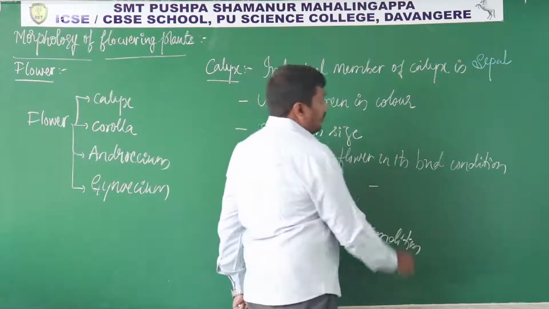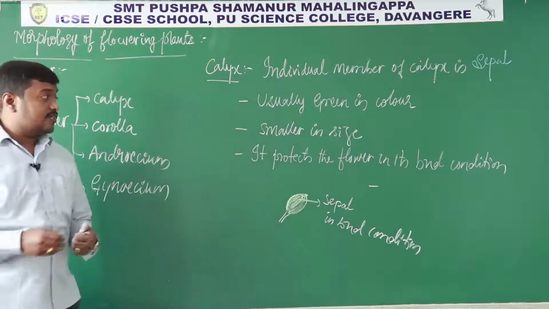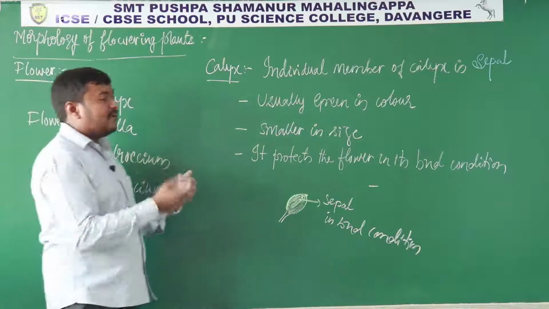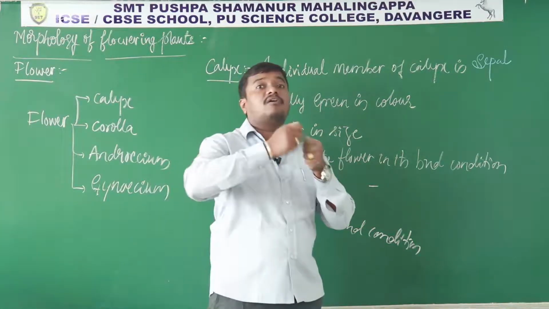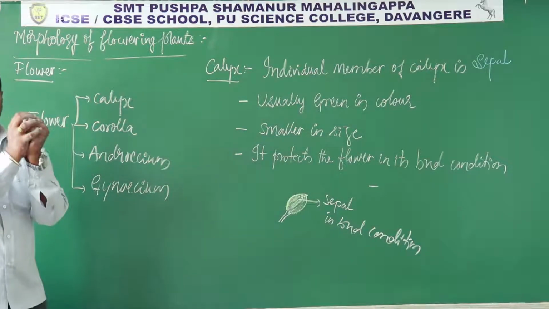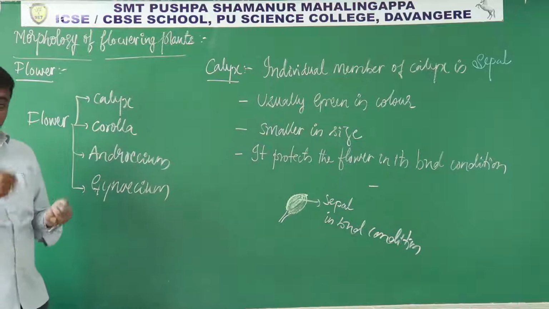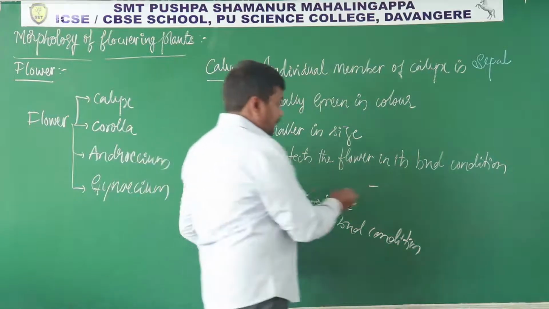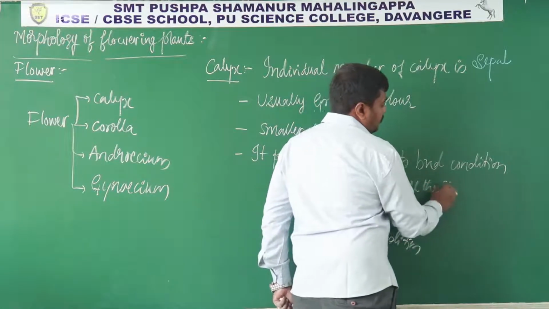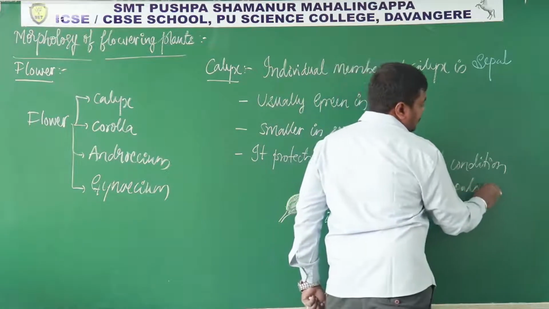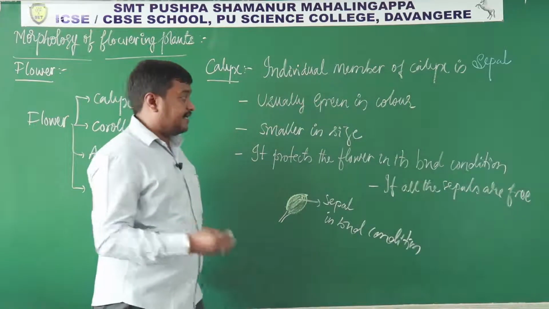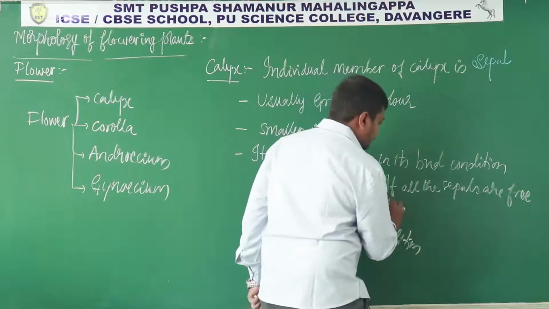And sometimes all the sepals are fused, and sometimes all the sepals are free. You can easily remove all the sepals. Suppose a single flower has 5 sepals, it means you can remove all the 5 sepals easily. That is one condition. And sometimes all the sepals are united to form one compact structure. That is another condition. So based on that, if all the sepals are free, the condition is called